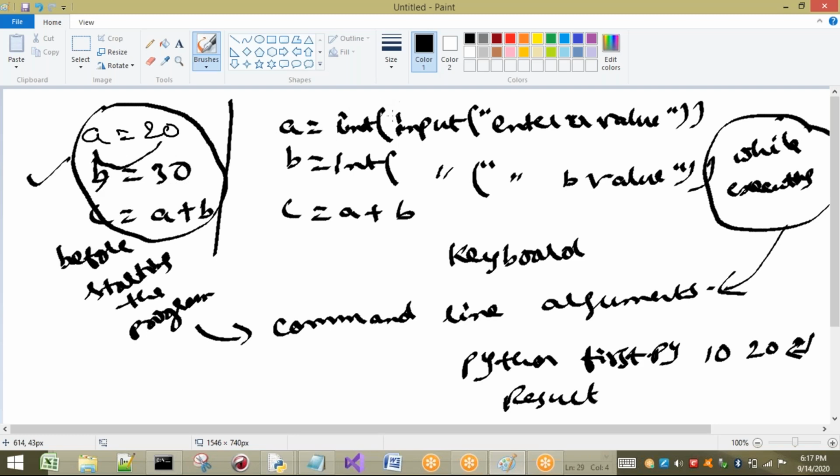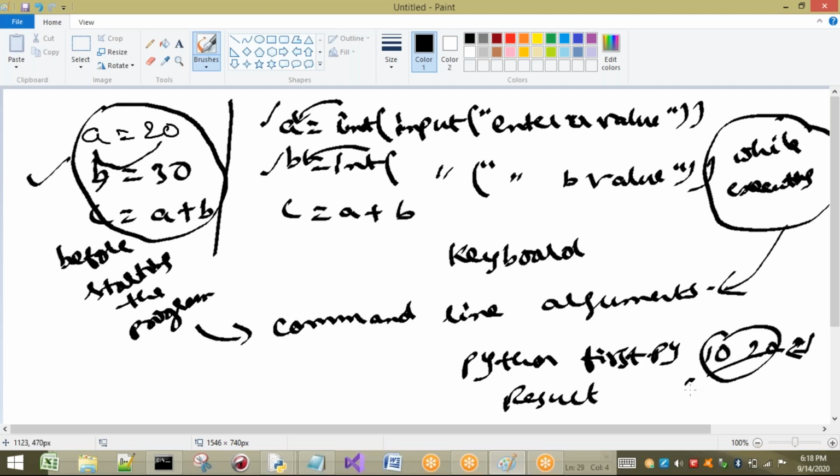In the same case here, whenever you give the value from the keyboard, that is stored in A, and here also the second value will be stored in B. Now the concept is, if you give the inputs directly from the command line before executing the program, where are these values going to be stored? Once again I'm repeating, here 20 is going to be stored in A, 30 is going to be stored in B. In the same way, if you want to take dynamic input from the keyboard, that value will be taken here and stored into A, and here it will be stored in B. Then what about this command line arguments?